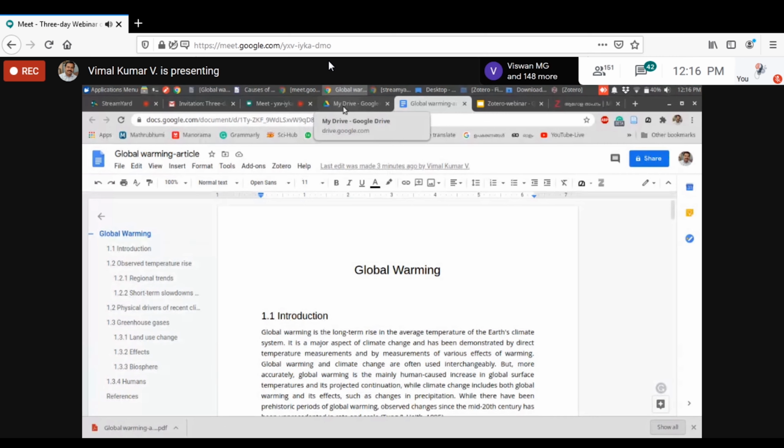Then how to add in-text citations, how to select a new reference, and how to add a new reference style. Suppose a particular style is not available in Zotero, you can add it from the Zotero repository. Then how to add in-text citations in both Microsoft Word and Google Drive.